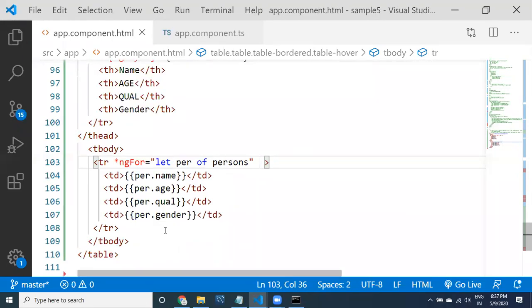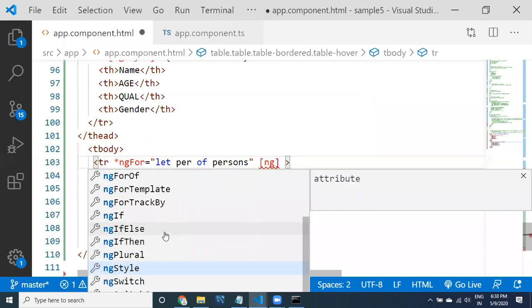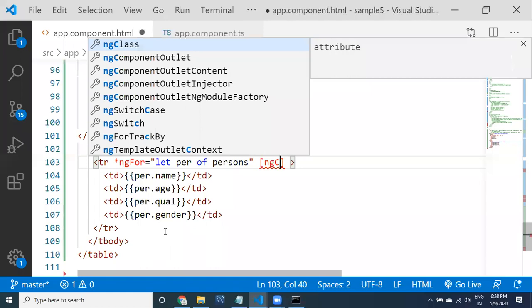Now I don't want to apply style, I would like to apply classes. If you want to create your own classes, you can create them in the app component CSS. Otherwise, use the classes already created by Bootstrap. I want to use the Bootstrap classes, so I would like to apply them with ng class.